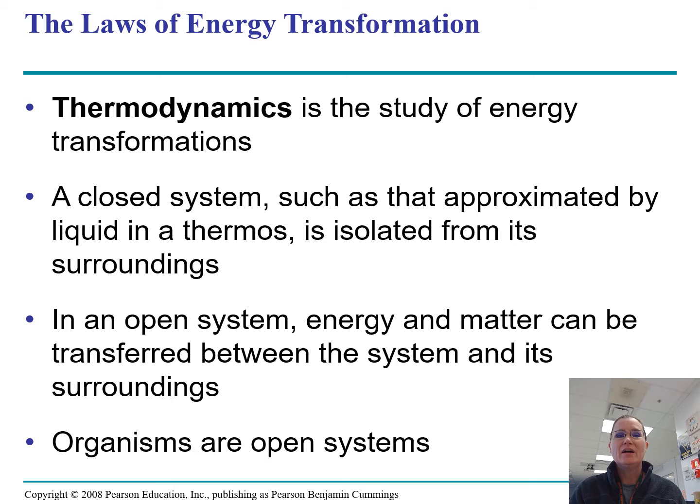And so then we're going to talk about two of the laws of thermodynamics. It's just how we take energy in and out, how it goes through our system, and then how it gets transformed and used or lost. So in a closed system, it is controlled. The example on this one is a thermos. It holds it. It's all contained within a system.